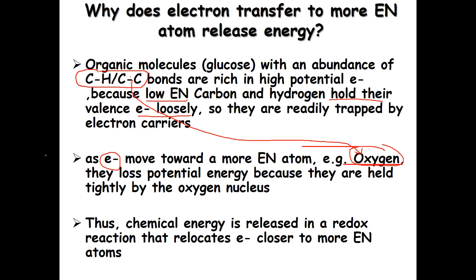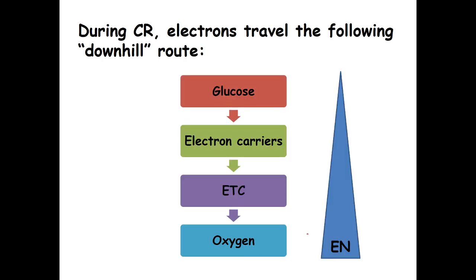So here's the summary, the last sentence. Chemical energy is released during a redox reaction, right? You're moving an electron from an element that has lower EN to an element that has higher EN. So here's what it is. Glucose, as I'm showing you, has the lowest of all EN, and then eventually the electrons in glucose will travel through these steps, reaching oxygen at the end. Oxygen has the highest EN of all. So the potential energy of the electrons in glucose is gradually lost through the transfer of electrons during the redox reaction.